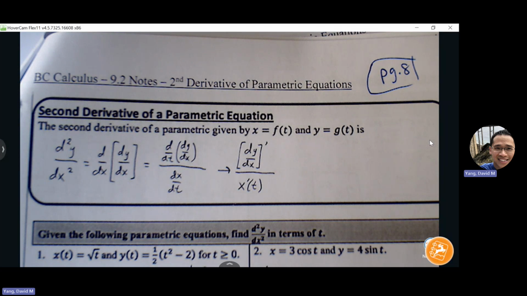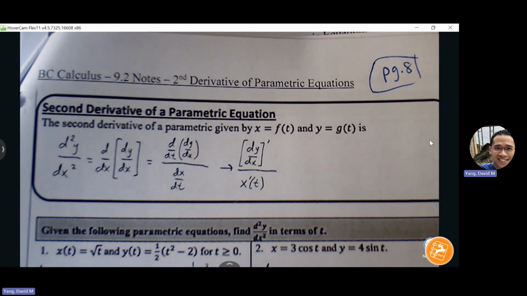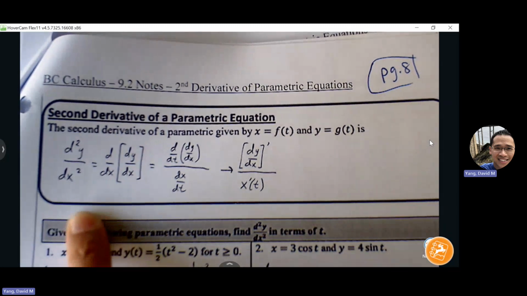Okay. So today we're going to talk about finding the second derivative of parametric equations. Parametric equations are just equations that have a third variable instead of just x and y. The third variable is the variable t. So if I want to find the second derivative of a parametric equation and represent our derivative in terms of x,